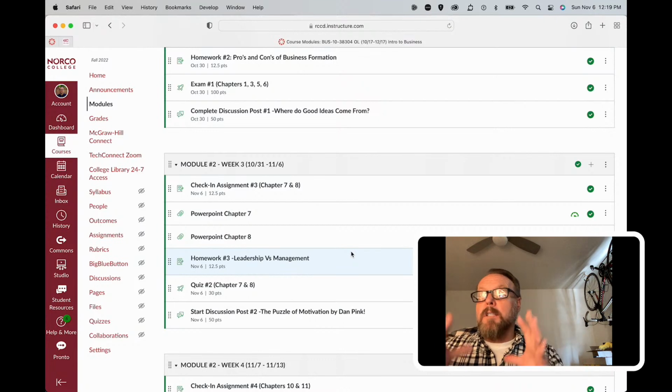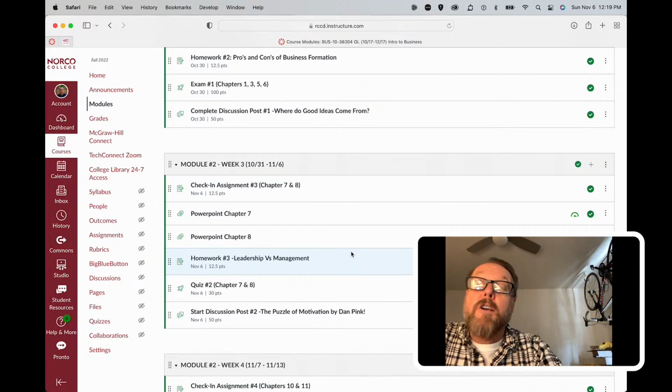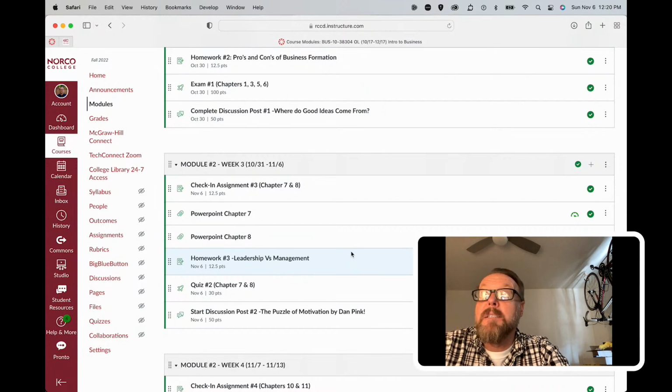So it's more the organizational structure within, in contrast to the way that you organize your business with the government or outside. That would be what we looked at a few weeks ago when we talked about sole proprietorships and corporations. This is more focused on internal structure. So are you a line and staff organization? Are you a matrix organization, etc.? So that's what we were looking at last week.